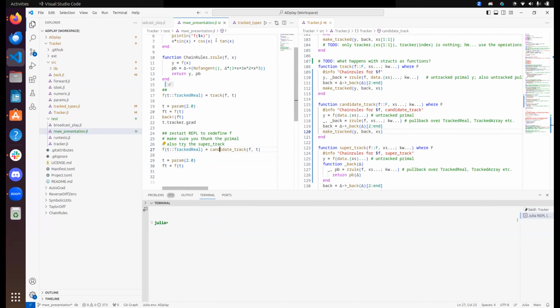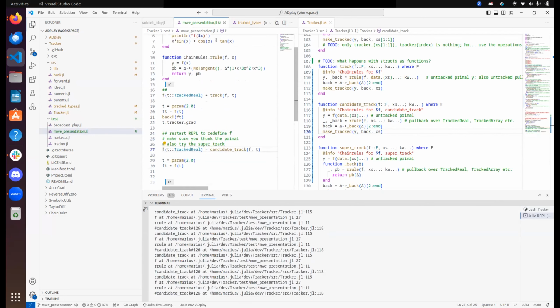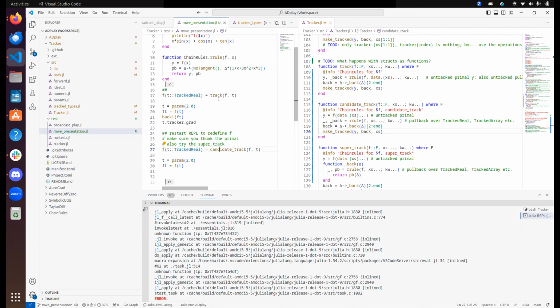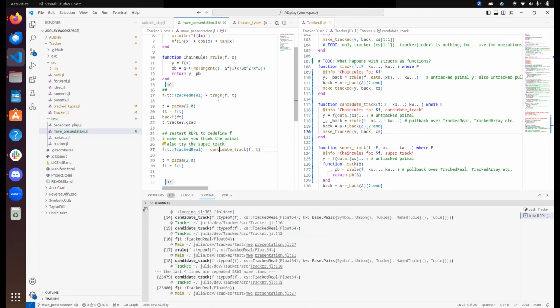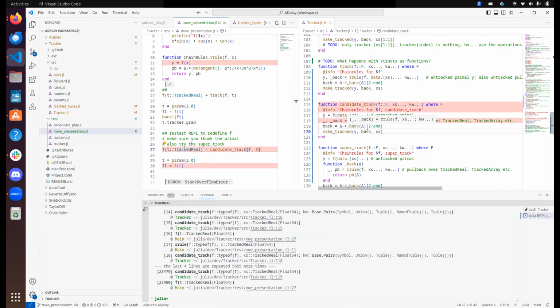And now we have another tracking method, which I define here. And if you see, basically, I just get this infinite recursive because